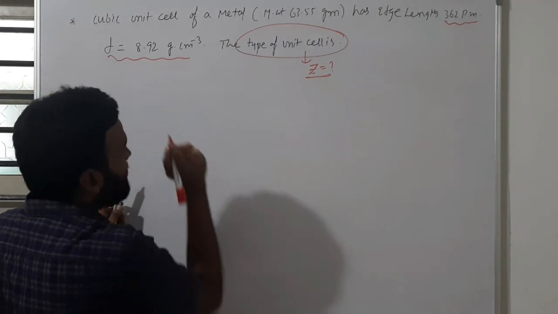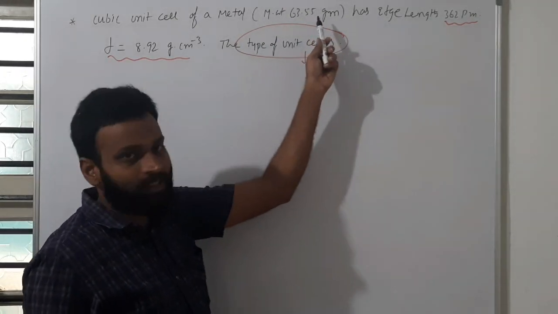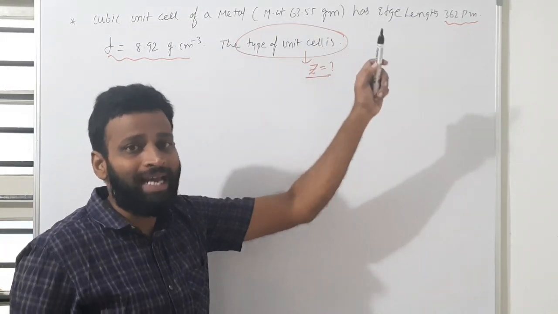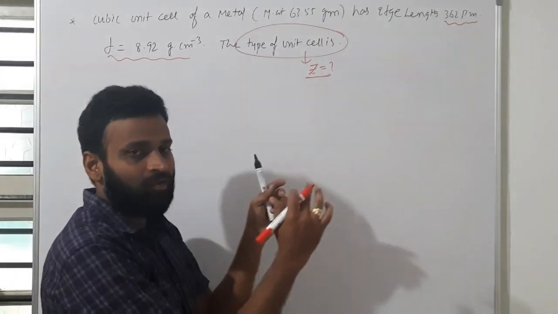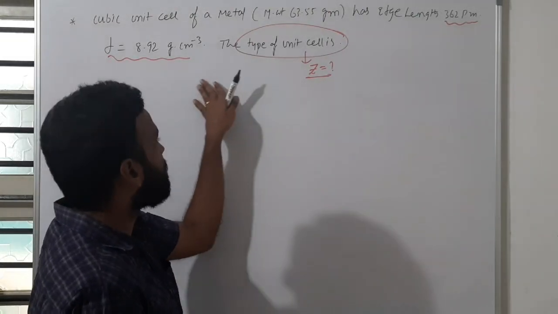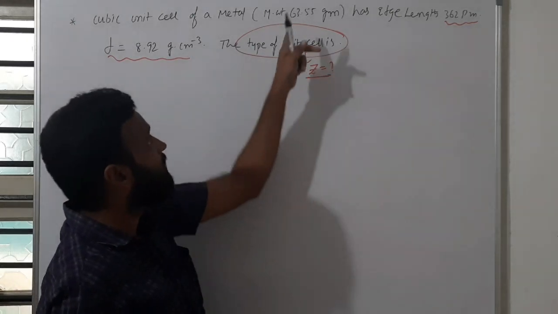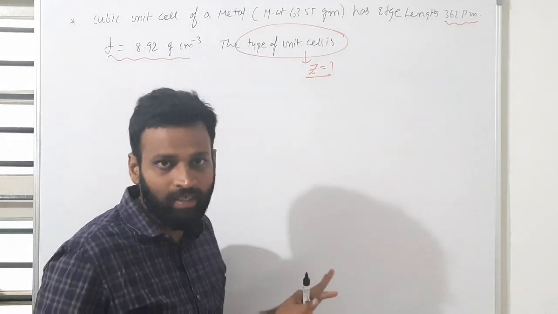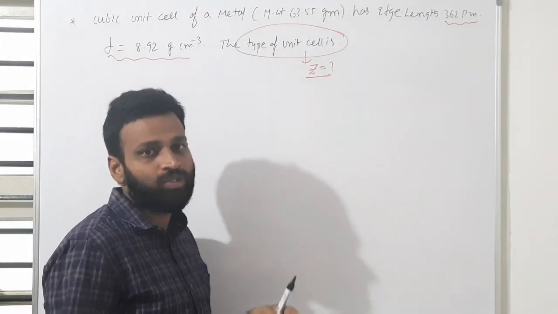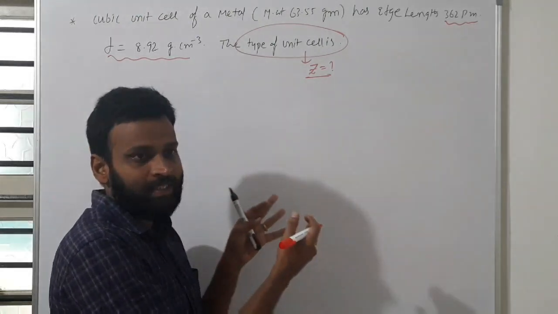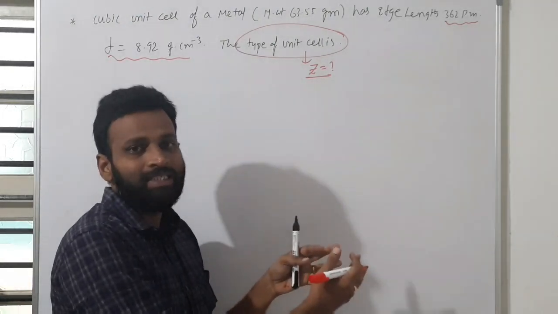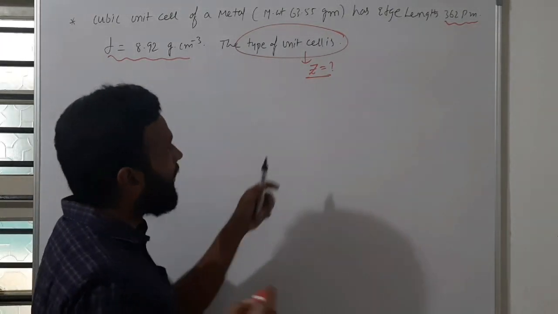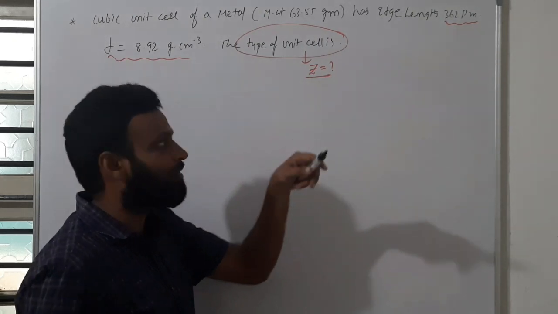Let's see now. Actually I will tell you tomorrow in our next class which metals have what kind of structures, FCC, BCC, like that. One list I will give you, so that you have no need to solve this numerical, because 63.55 is copper. Copper is actually FCC. No need to solve this numerical. That list tomorrow I will give you: which metals exhibit FCC, which exhibit BCC, which exhibit HCP. HCP means only one, that is polonium. I will give you that tomorrow in our next class.